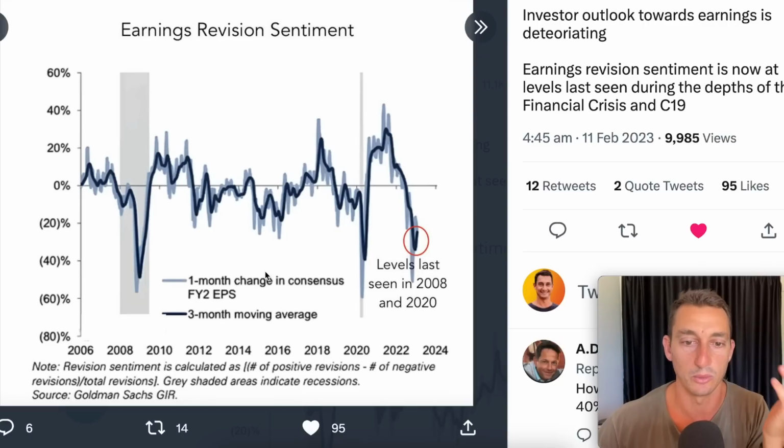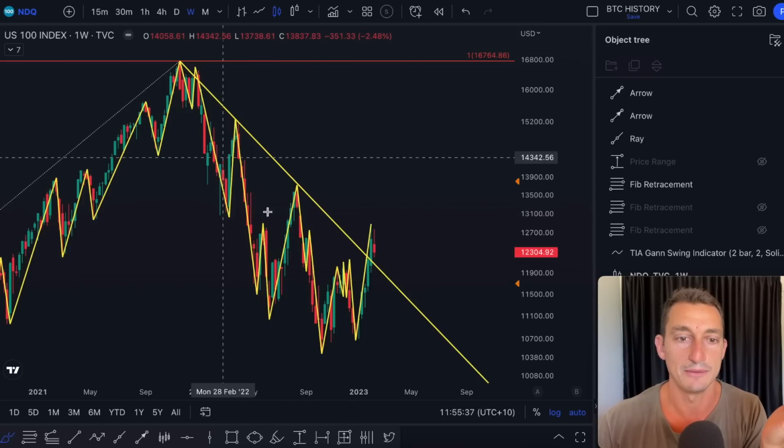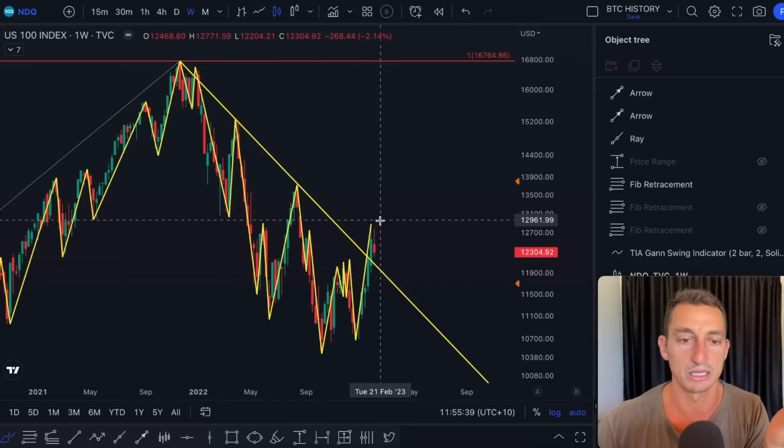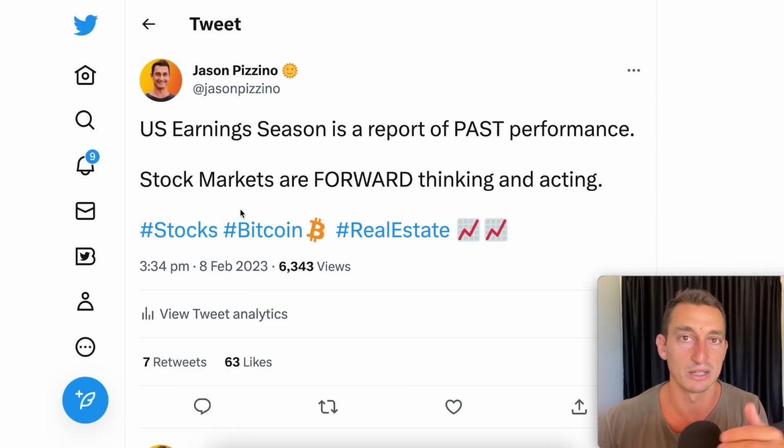It's an absolute waste of time trying to say, well, these companies, these tech stocks have had bad earnings all year, yet the market is bouncing from this point. It makes no sense when stock markets are forward thinking. You're always trying to anticipate what is going to be the next latest trend and the biggest thing to boom and bust.